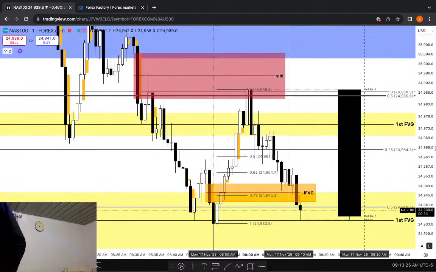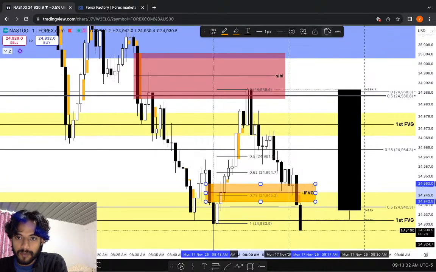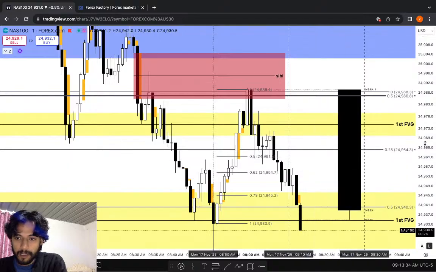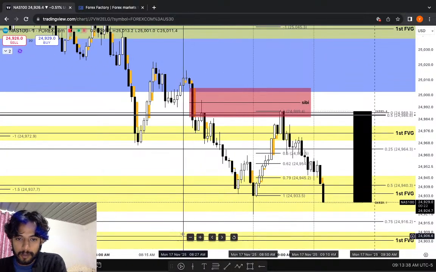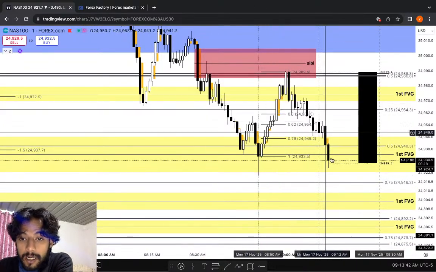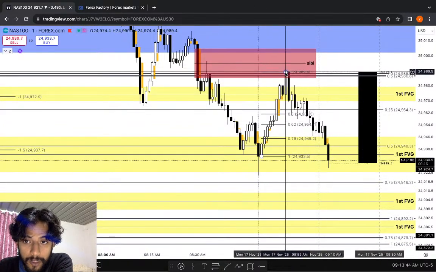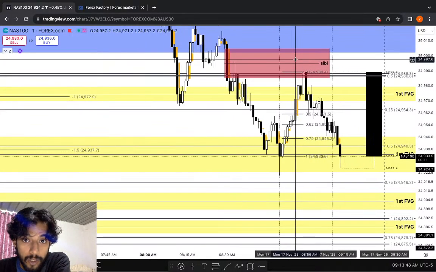Okay, that inversion FVG got broken on the downside. Let's see if we can take the 850 low now. Let's see if that's possible. You can take this low and move towards the negative standard deviation too. So now you will say it has gone past that, but it moved. You can scalp that. Okay, you can do that.